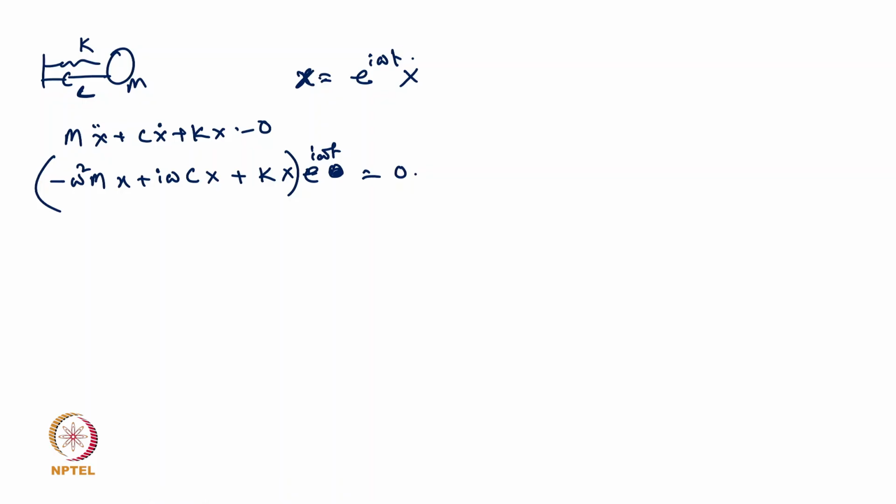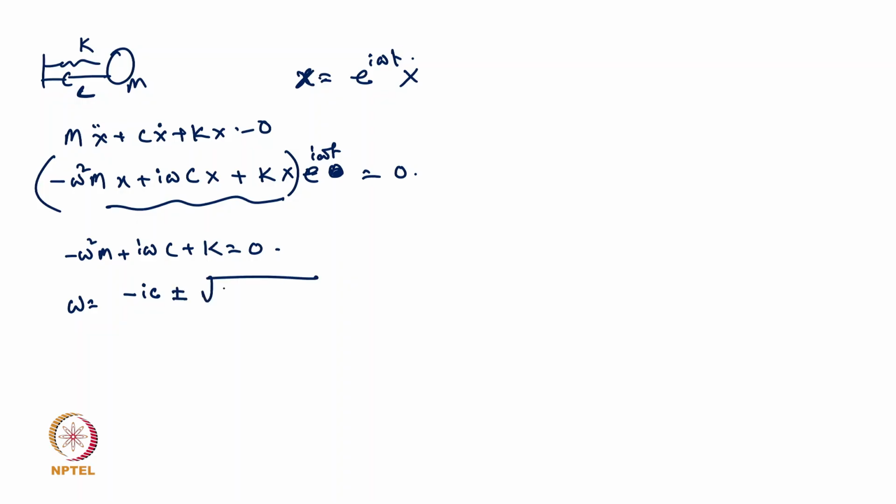So now if we write it like that, then this portion should also always be equal to 0. So minus omega square m plus i omega c plus k equal to 0. So what will be my omega? My omega will be minus i c plus minus root over of b square minus 4ac, so minus 4ac, divided by